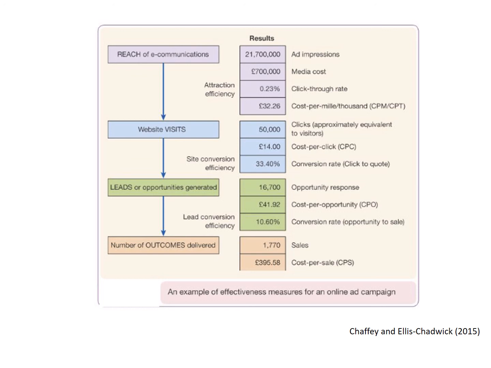So now, £395 cost per sale in terms of the amount of media spend that you are incurring, giving you the number of ad impressions that you need to filter down to clicks, and then to opportunities generated, and then to the final point of your number of outcomes, your number of sales. Now you might say £395 may or may not seem to be expensive. It really depends on the cost of your product.